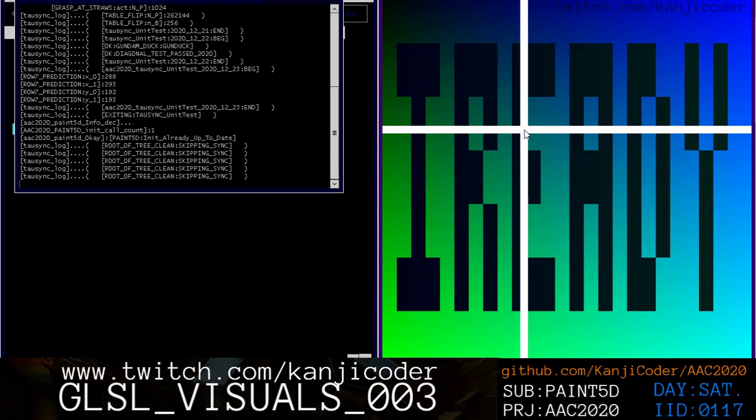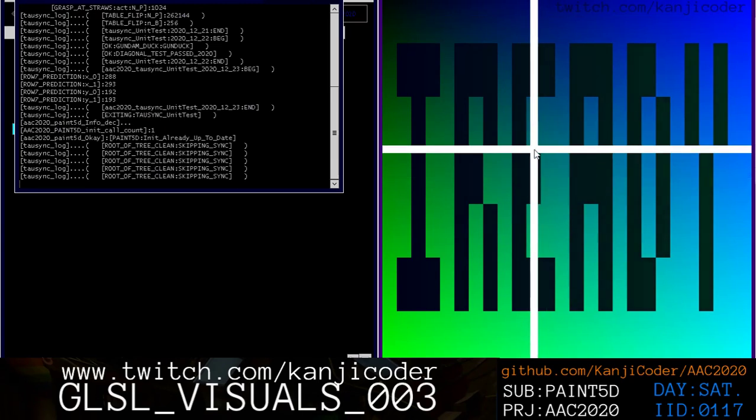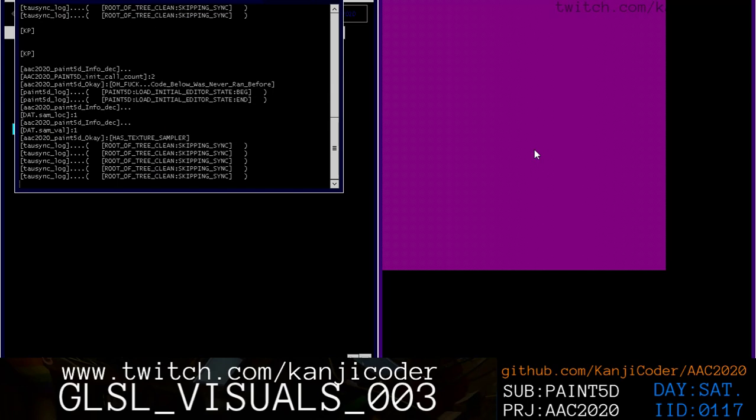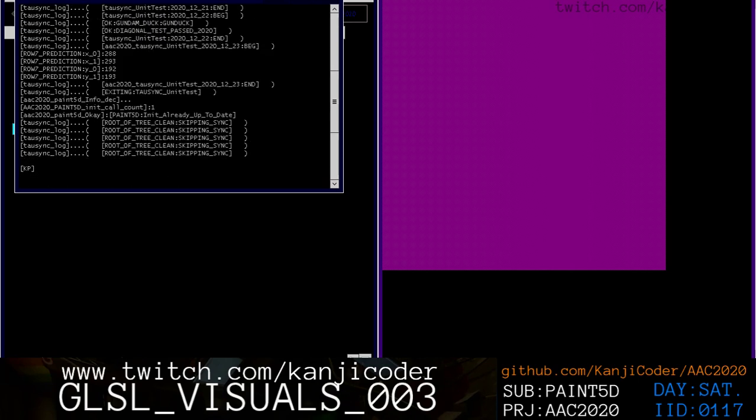So let's see, we got this here, right? We got this thing here. And we press 1, and here we are. And it has a texture sampler, and PAINT5D initialization code is getting called, as far as I'm concerned, right? So if we look at this,